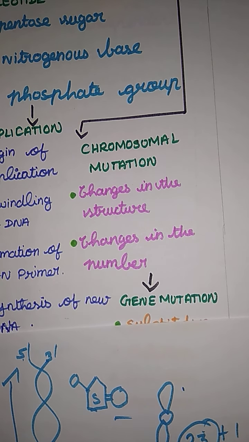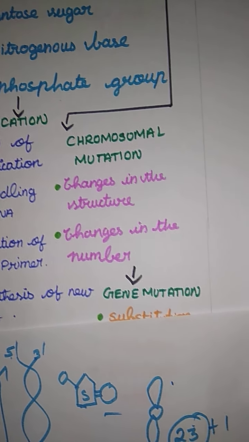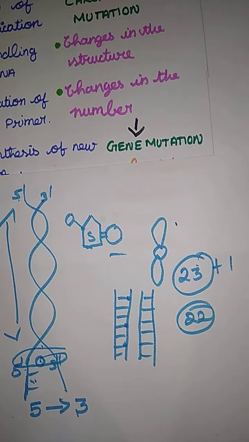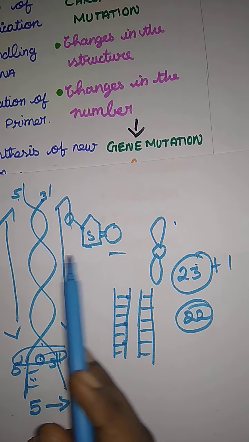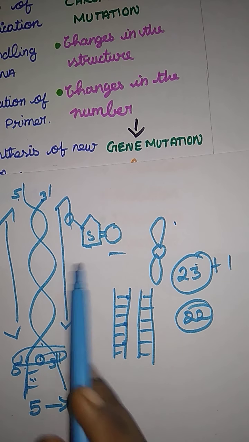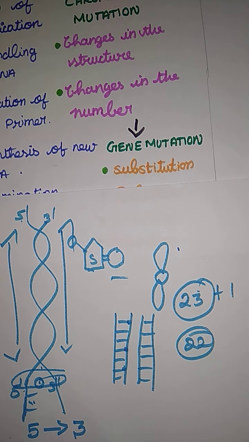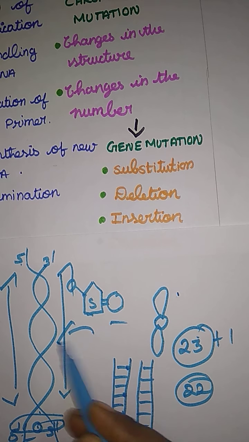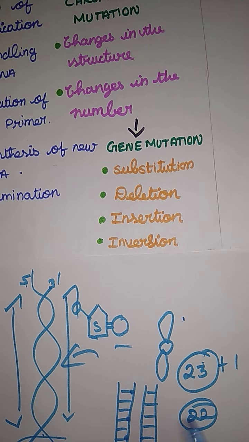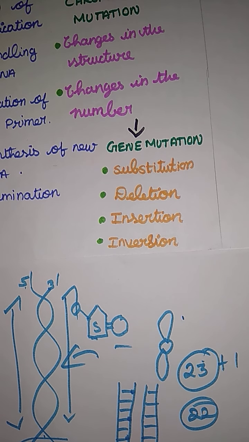Okay, and next one is the gene mutation. Here, in gene mutation, first, a gene is a particular strand of DNA. They are responsible for carrying characters. That is what we call a gene. Here, substitution, in place of it another gene. And next one deletion, removing a gene part, and insertion, to add to that, and next one inversion. Okay, so these are all the types of mutation in the gene. So that's it for mutation, and the last one, Mendel's law.